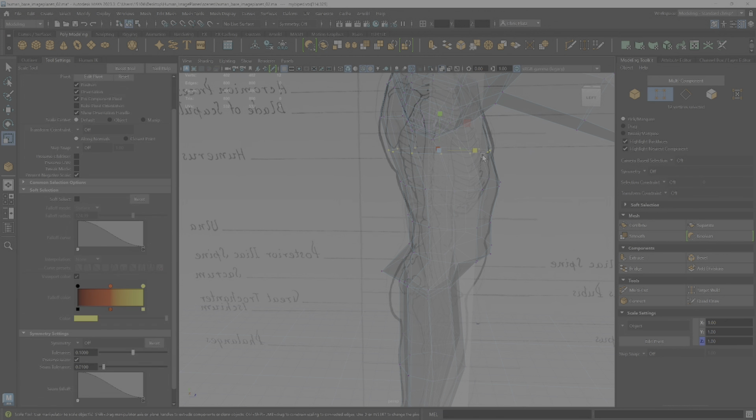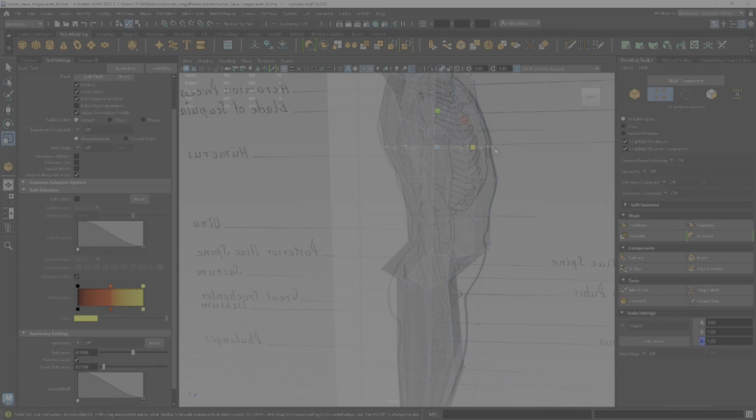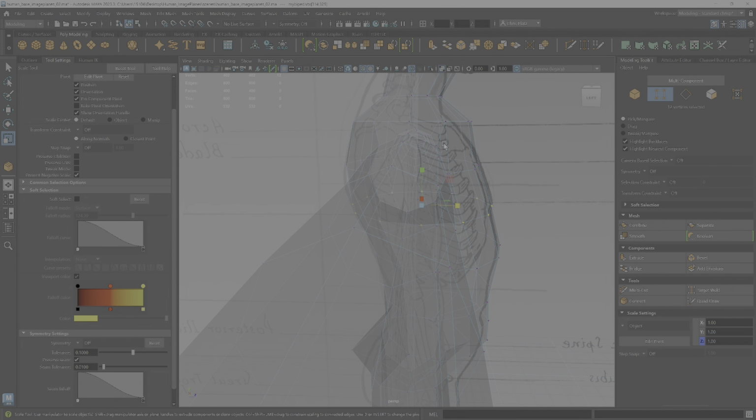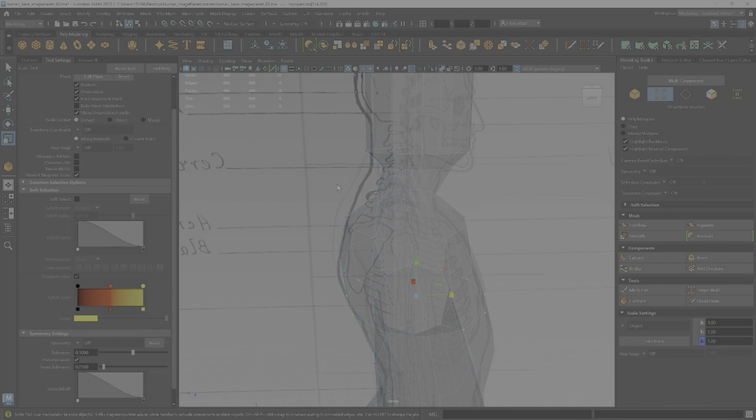Get it in the middle here and then scale it out just a little bit. So we have that bulk for the scapula and all the muscles in the back, and then that kind of flattening of the area of the chest. You'll see the sternum here gets a lot flatter. So a lot of this is going to go away, and it's going to bulk up back here behind the